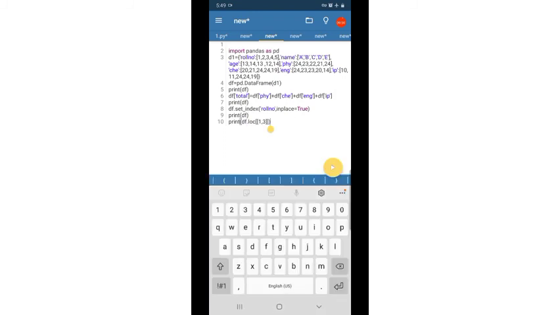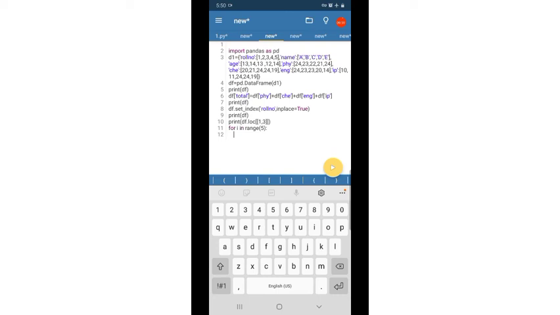Now the next one is to apply iteration to read all rows and columns. For iteration we can write for i in range in brackets 5. Our list is the length of the number of rows in this data frame, which is i.